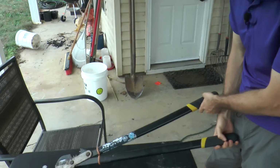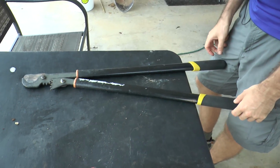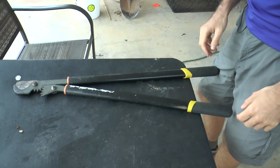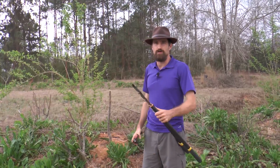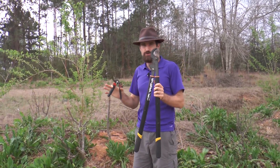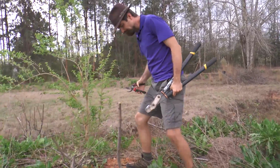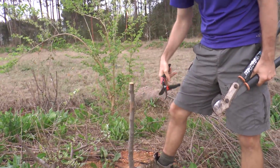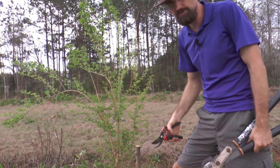This particular model is a Fiskars one. I think we got it at a box store, and it has served us extremely well. Highly recommend getting a nice lopper set. So we're going to demonstrate the 2 different types of tools, and with this pear that we cut earlier, you can quickly see that if all you had was a pruner, and you bought this tree at the store and tried to break it down and produce much better branching,